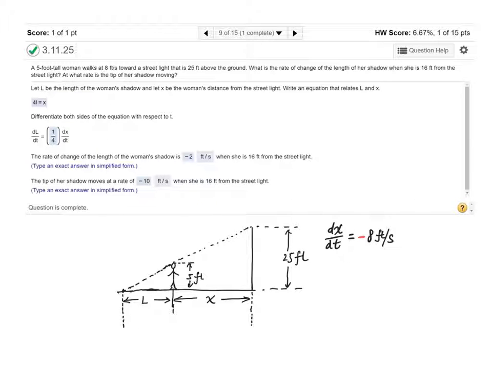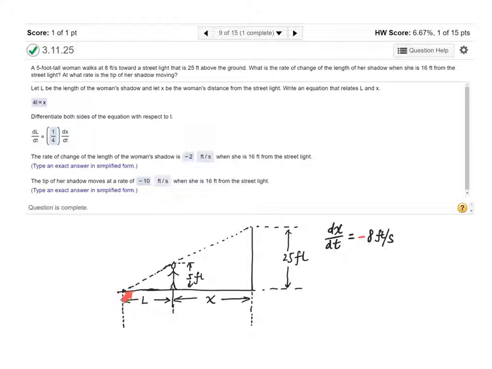A little bit of geometry is involved. When we wanna link L and X together, we look at these two triangles. One is this smaller one, the other one is this bigger one. They are similar. So when they're similar, then the ratio of the corresponding sides should be equal, which means